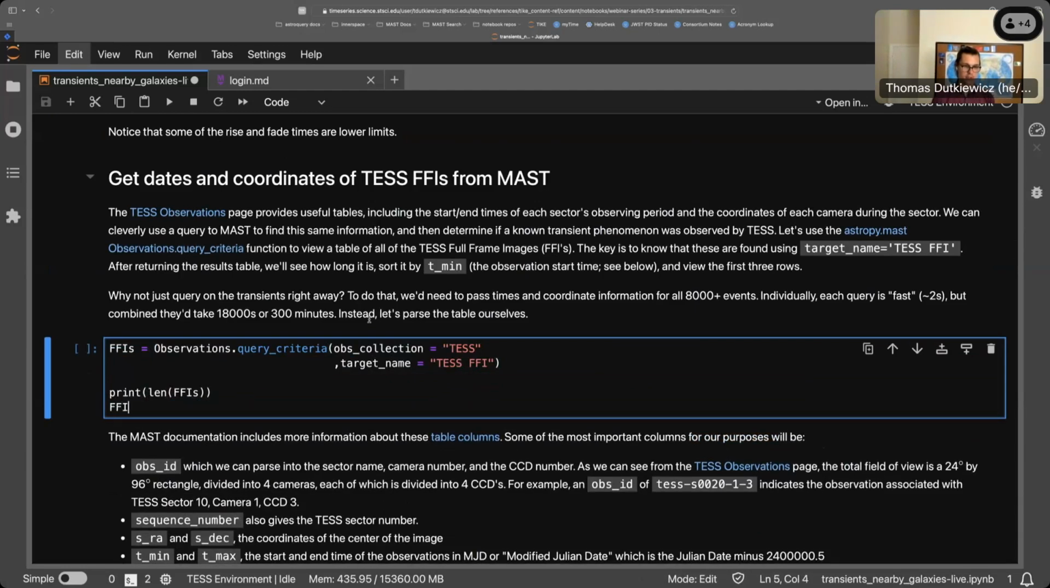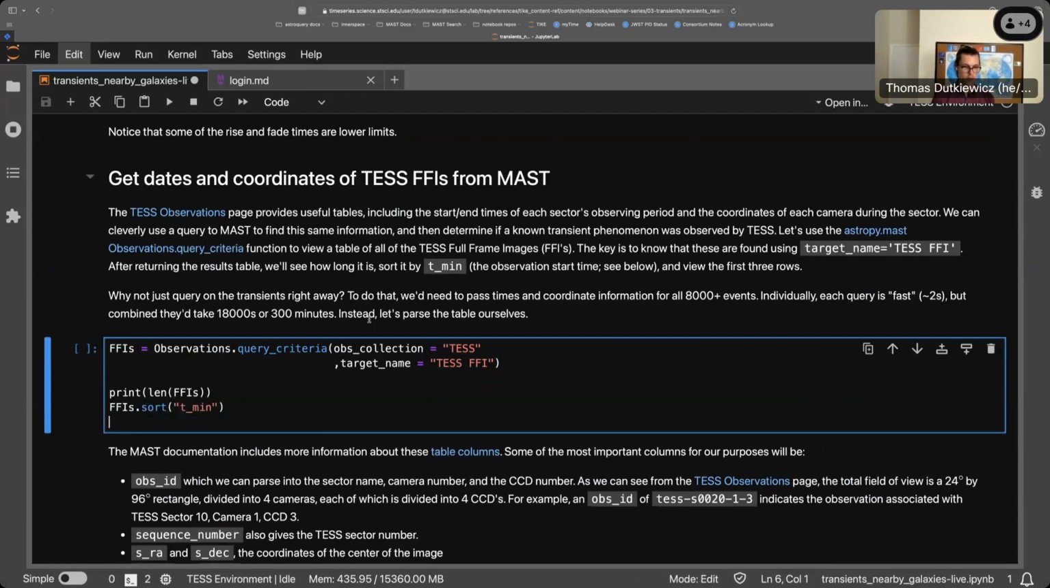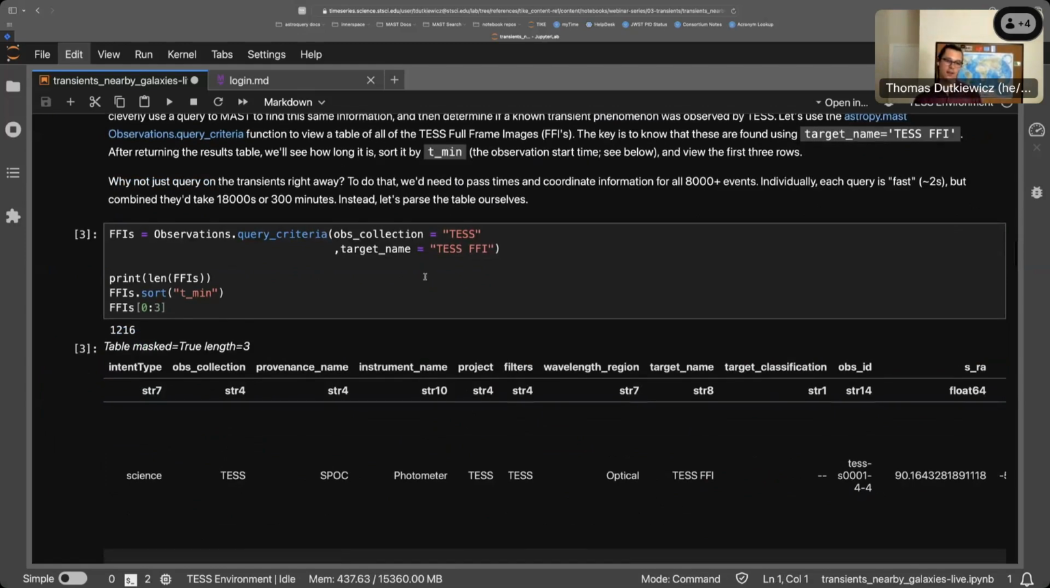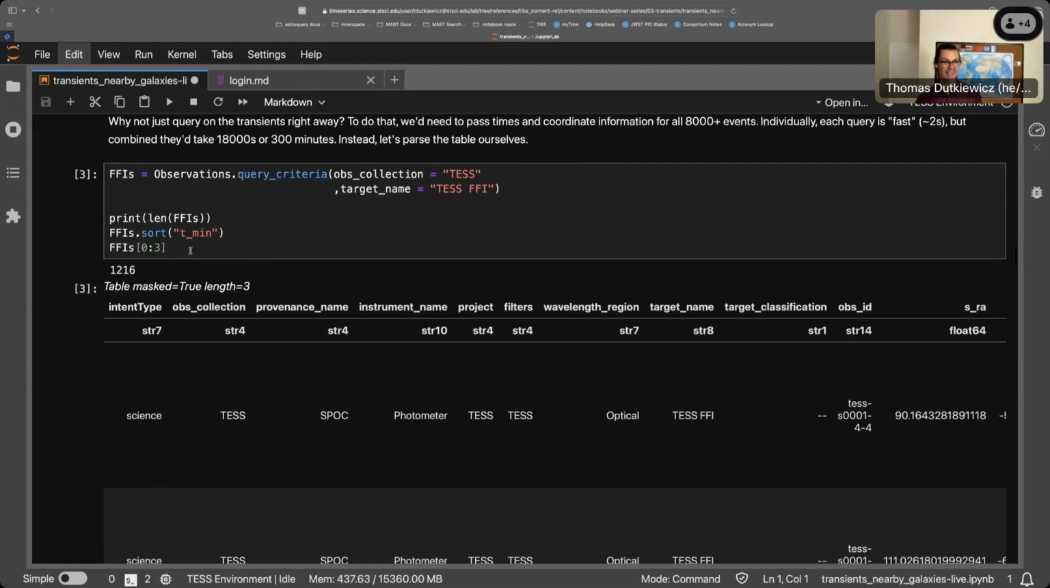Then we'll sort the table. FFIs.sort by the minimum time, just for consistency, so that when we print out the first 3 of them, everybody should be looking at the same thing. Because you're not guaranteed to get back these results in the same order when you do a query to MAST. So it is important, if you're using indexing to be consistent, you should probably sort the table. And even then, you have to be careful, right? T-min is sort of a sensible way to do this if you're searching on one mission, but there's lots of gotchas there,